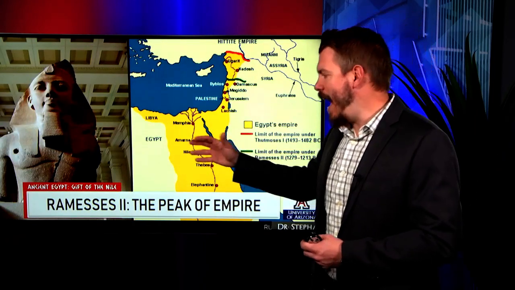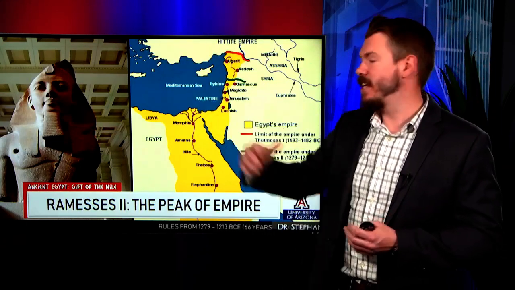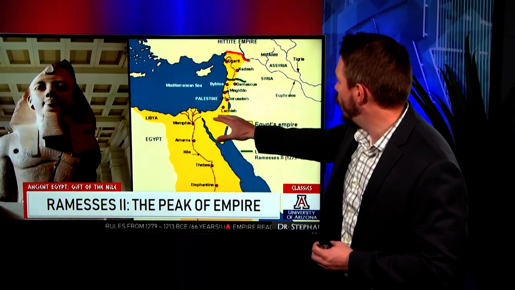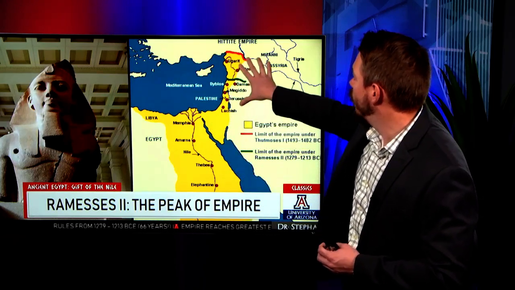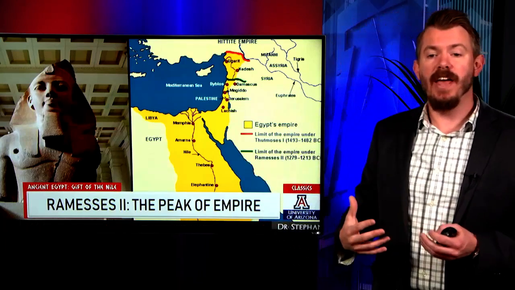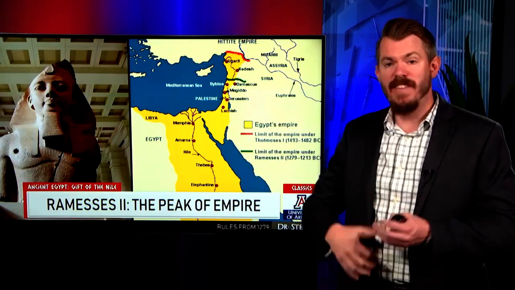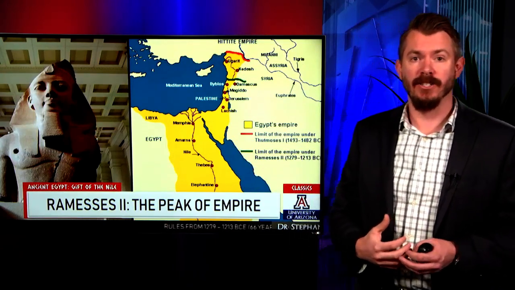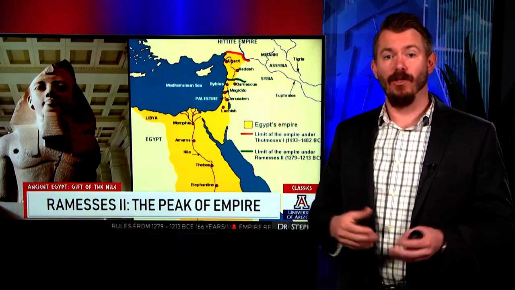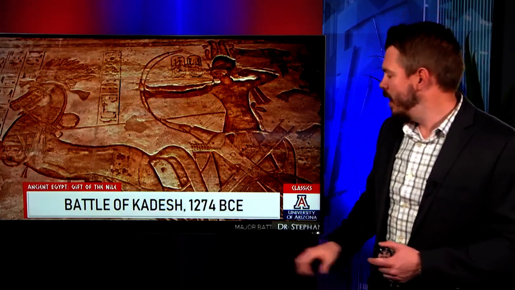Now, it's actually after King Tut that we see Egypt reach its furthest extent. So Egypt pushes all the way up here, up through the Levant, almost up into what's modern day Turkey. And there they encounter the Hittite Empire up here, okay? And so they've now started running into other empires and fighting rather large-scale battles. And the biggest battle here is known as the Battle of Kadesh. And this takes place in 1274 BC.